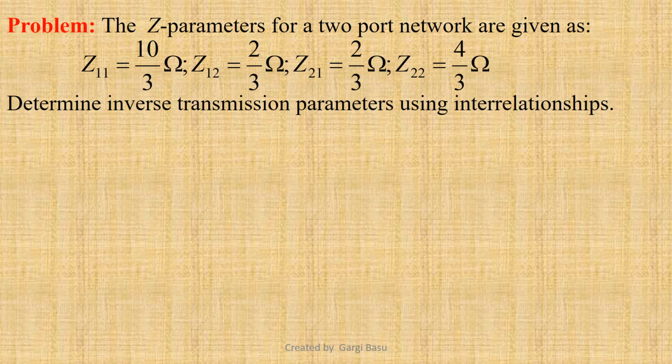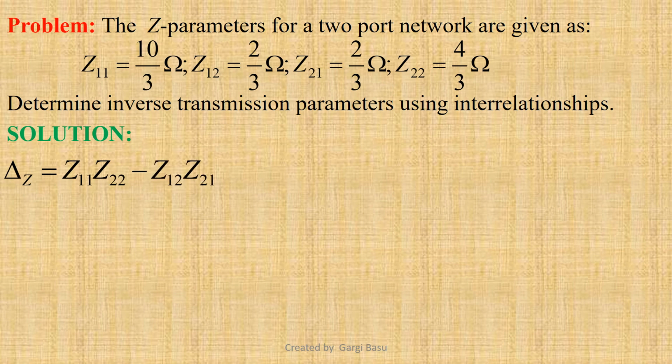Let us solve a couple of numerical problems to implement the interrelationships we have developed so far. The Z parameters for a two-port network are given as Z11 equals 10 by 3 ohm, Z12 equals 2 by 3 ohm, Z21 equals 2 by 3 ohm, and Z22 equals 4 by 3 ohm. We have to determine inverse transmission parameters using interrelationships. We know for Z parameters, delta Z equals Z11 Z22 minus Z12 Z21. Putting the values, we get 10 by 3 into 4 by 3 minus 2 by 3 into 2 by 3